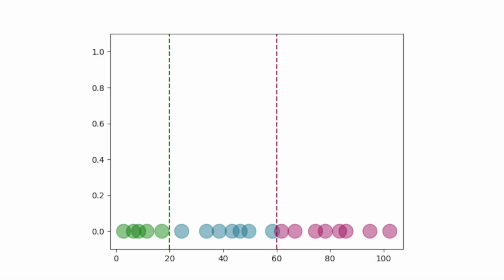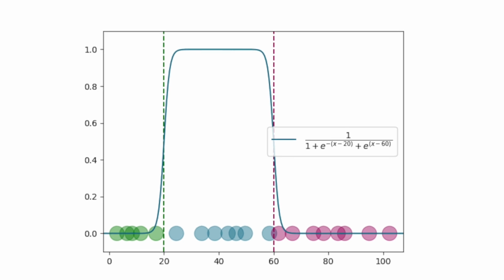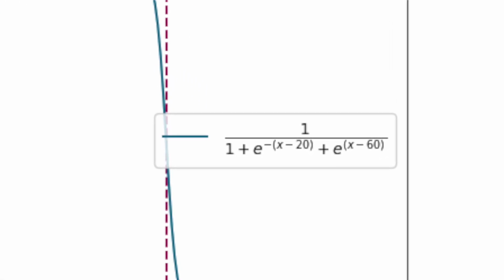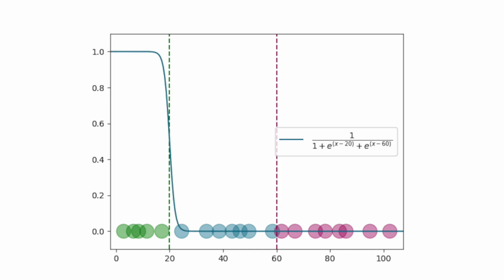To better understand how the parameters affect its shape, let's go back to our one-dimensional example. The adapted sigmoid function that can distinguish blue from purple and green is the following. Notice the sign of the exponents. One is negative and one is positive, combining two opposite-facing sigmoids so they meet in the middle. If the signs were both positive, we would be combining two sigmoids in the same direction, thus creating an amplified